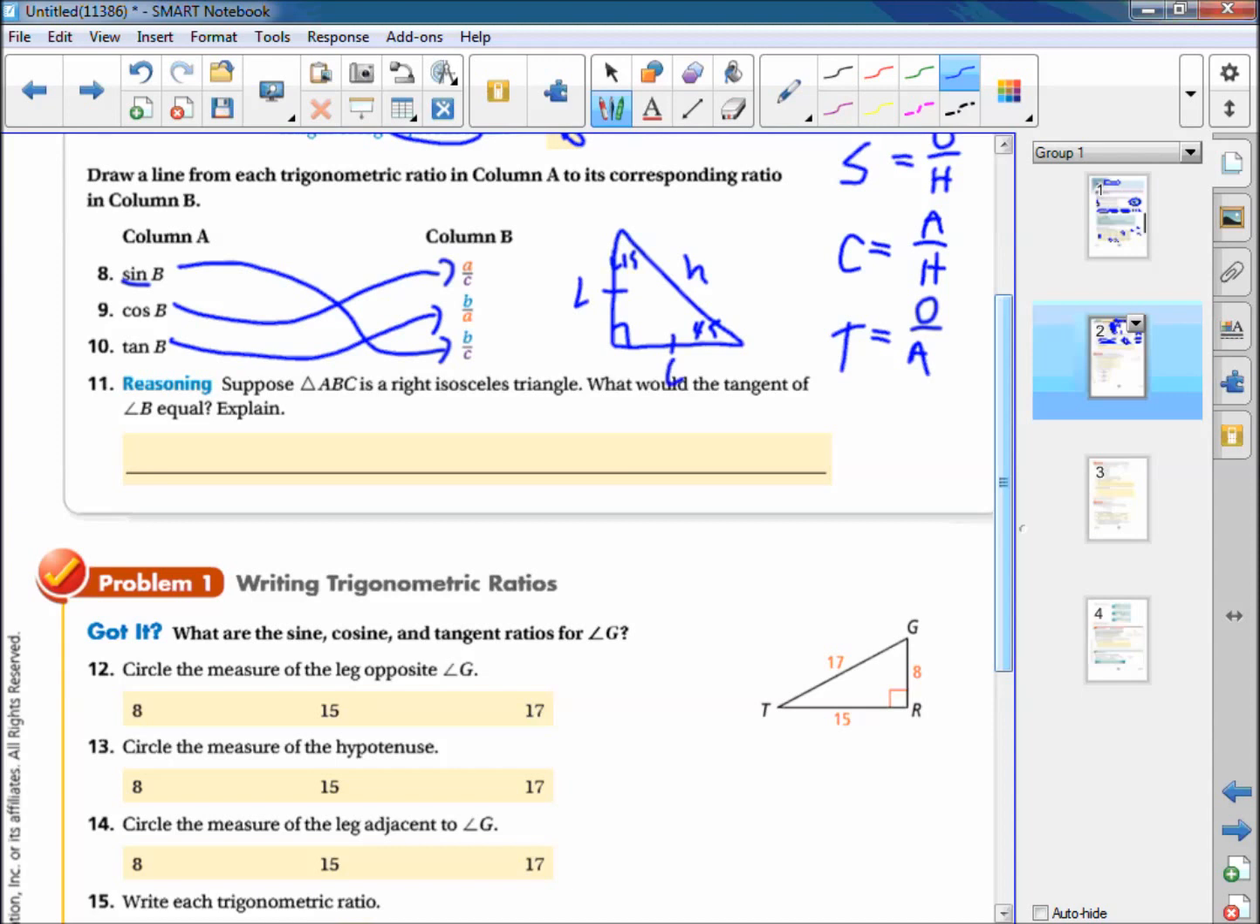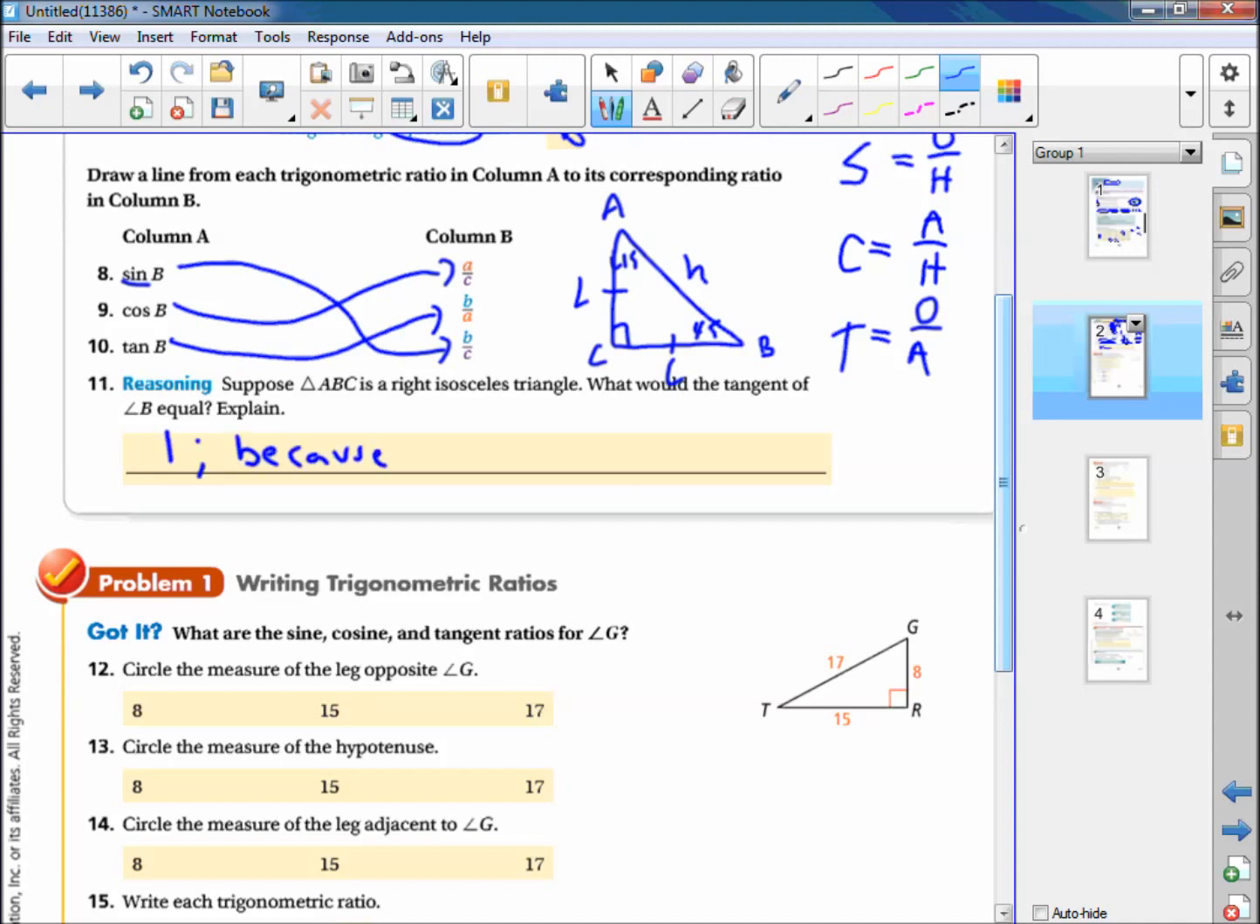So if we asked what is the tangent of angle B, so this would be angle A, angle B, and angle C is always our right angle here. Tangent of angle B is going to be the leg opposite over the leg adjacent. They're going to be the same length though. So this is going to be the same number divided by the same number, which is 1. So what would the tangent of angle B equal? It would equal 1